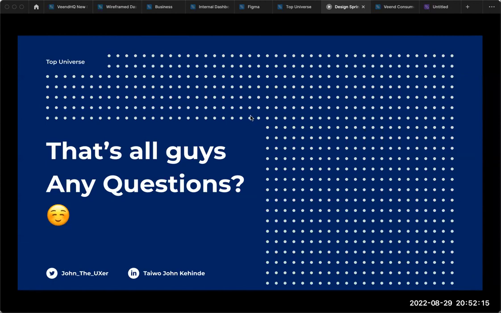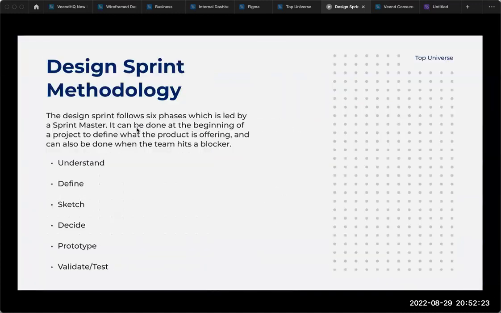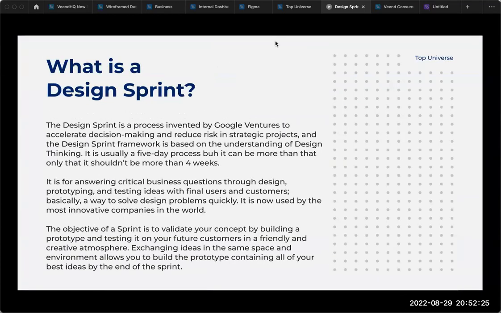So can you define the design sprint again? Okay, let me go back. I said a design sprint is basically a process for ideating and collaborating with different teams. It's like a retreat where everyone goes to rethink how this thing should work, maybe when you hit a blocker or when you are trying to create a new product. So you carry out a design sprint when you are trying to validate or create a new product.